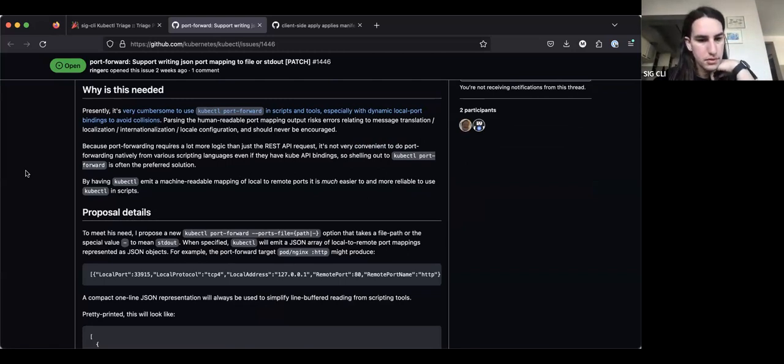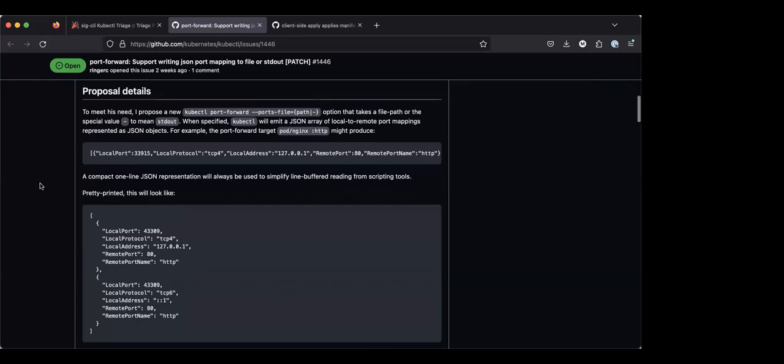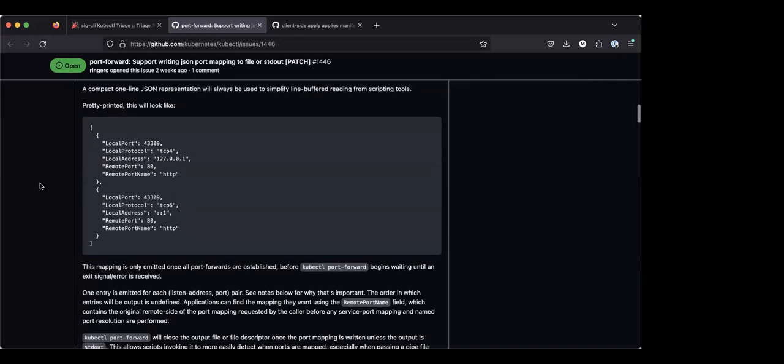Yeah, bindings. By having kubectl emit a machine readable mapping of the local and remote ports is much easier. It takes a file path with a special value to output to. Port-forward prints this mapping into the terminal,